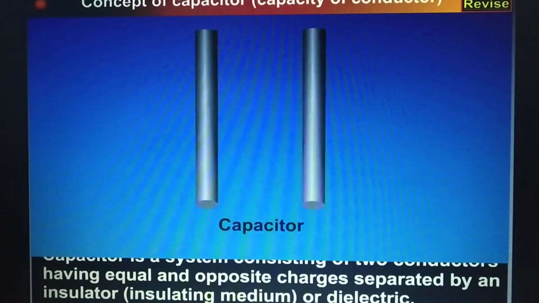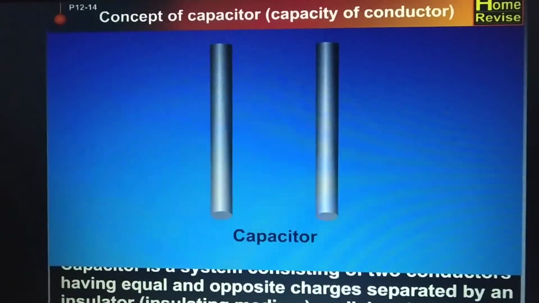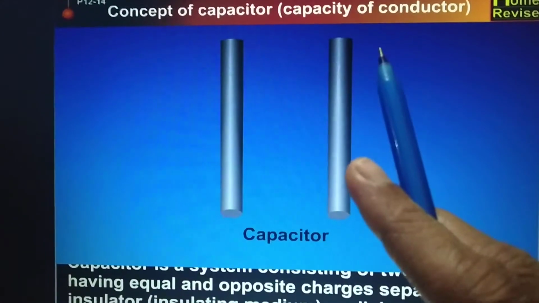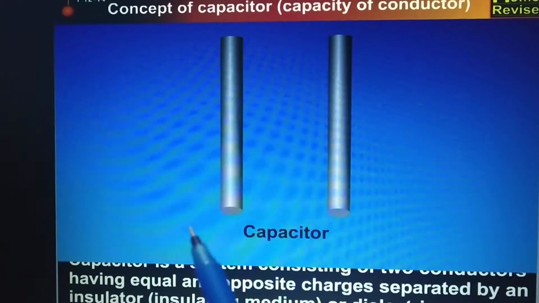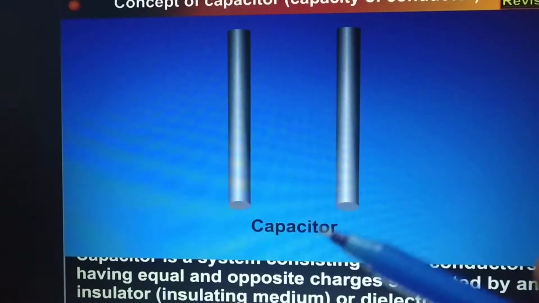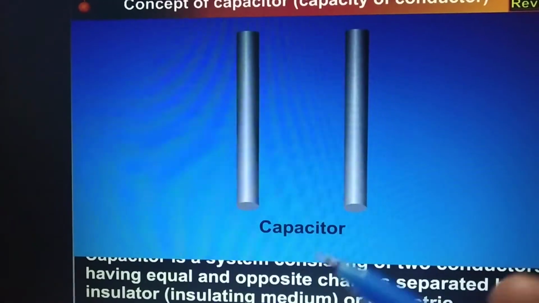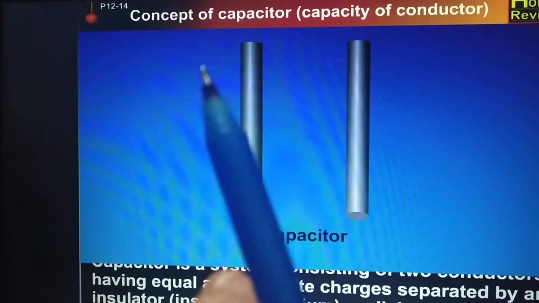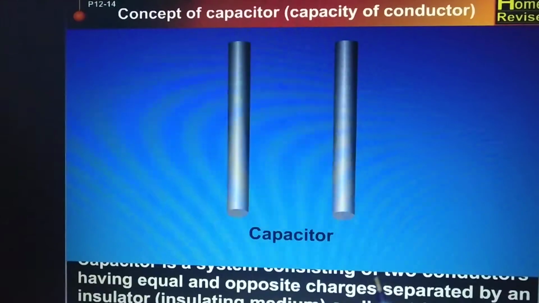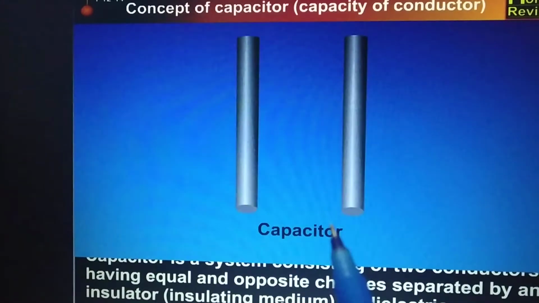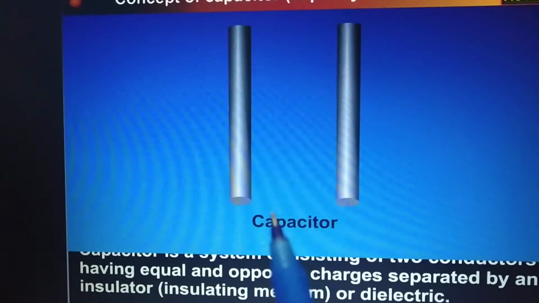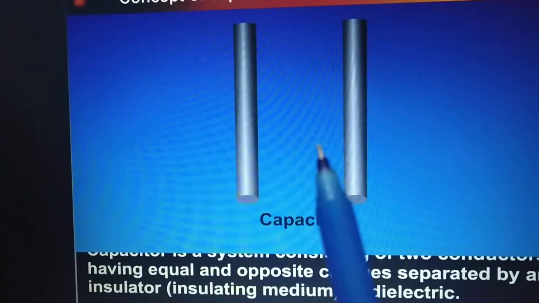Hello students, now we start our next point, the concept of capacitors, meaning the capacity of a capacitor. Last week we learned about potential energy, and now we learn about the capacitor. A capacitor is a system consisting of two conductors having equal and opposite charges separated by an insulator, meaning